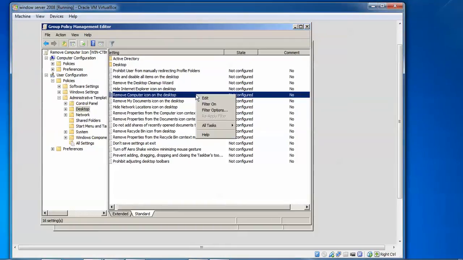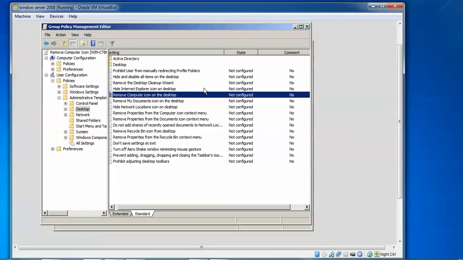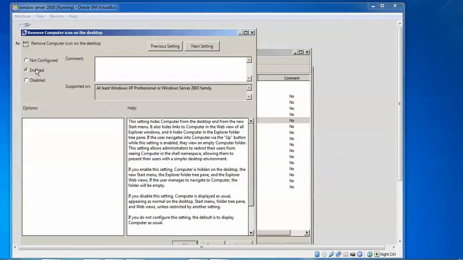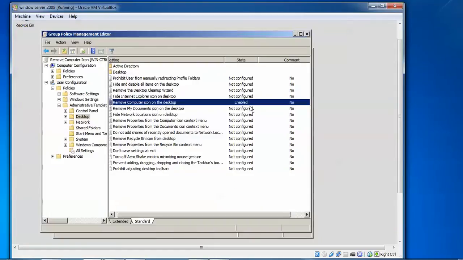Right click here, and go to Properties, not Edit. Here, select Enable. I have checked this Enable box, and then I need to apply it. Press Apply and OK. So this has been enabled. Before, it was Not Configured.